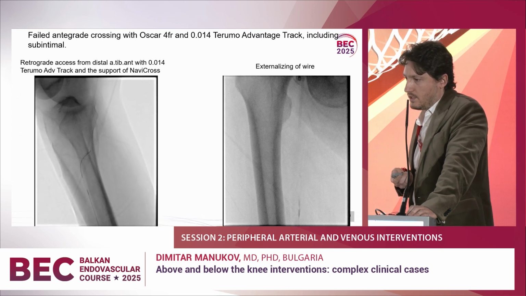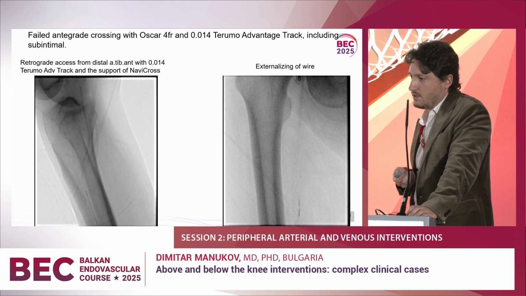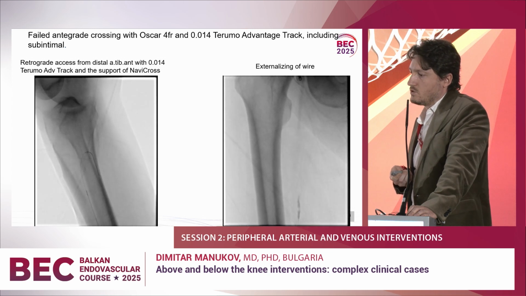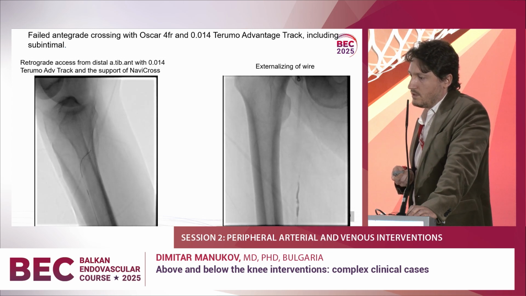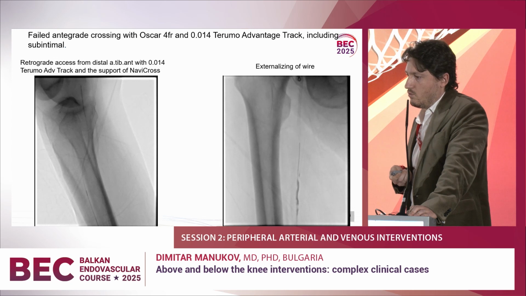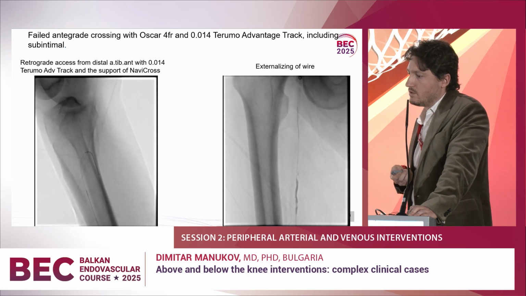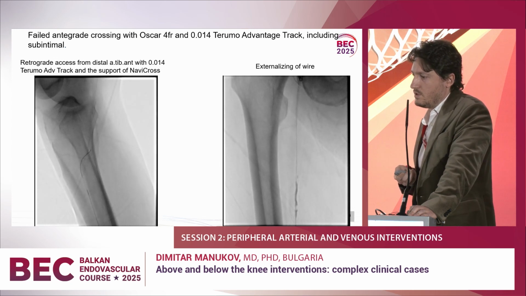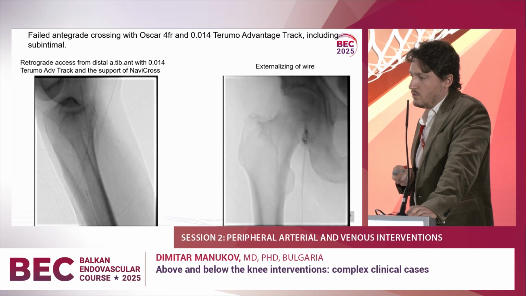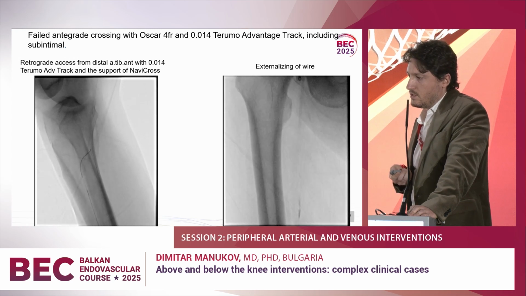We couldn't cross from antegrade the occluded segments, so we switched to a retrograde through the distal anterior tibial artery. We use Terumo Advantage Track 014 and the support of a Navi Cross. Initially we went into the posterior tibial, as you see on the left. We redirect, we pass the whole occlusion, and on the right you will see the externalization of the wire through